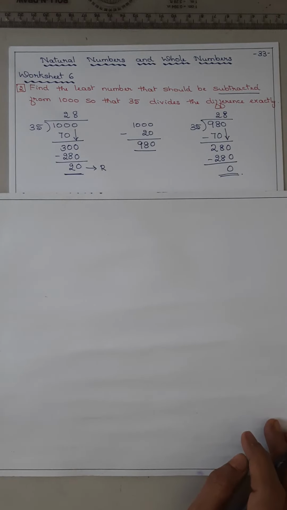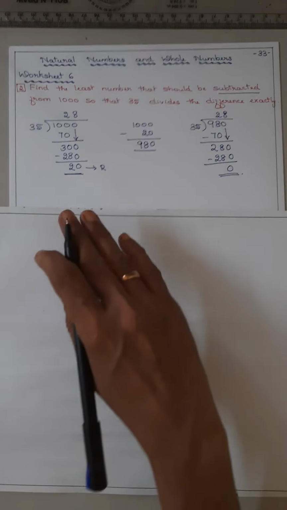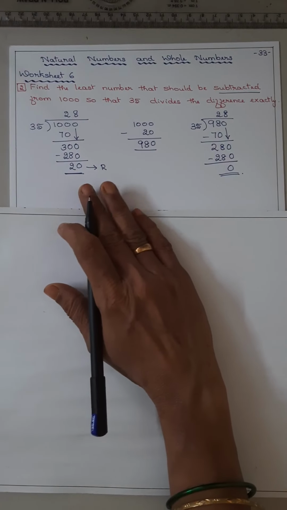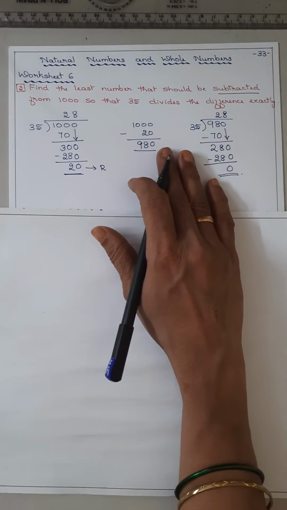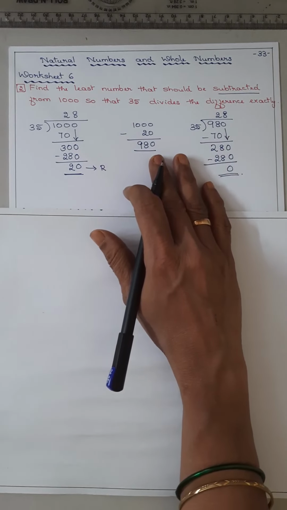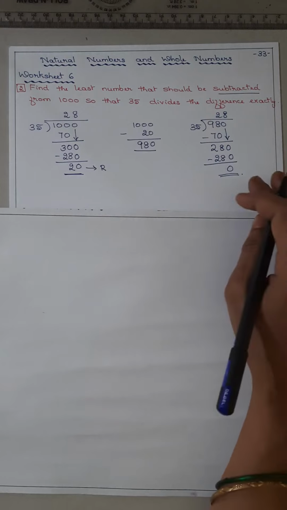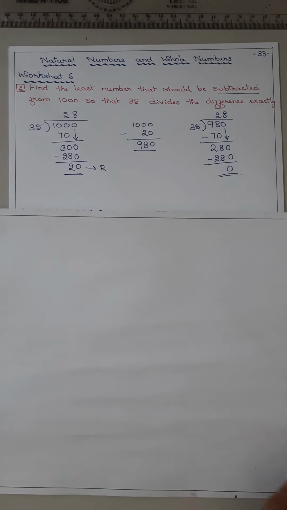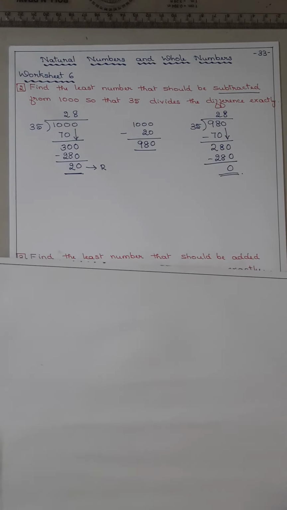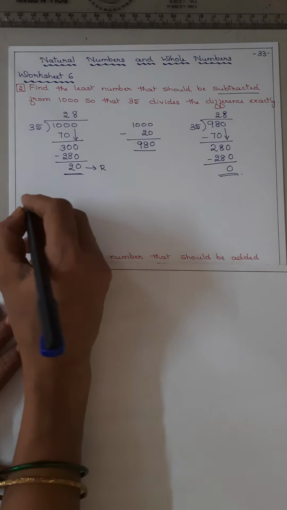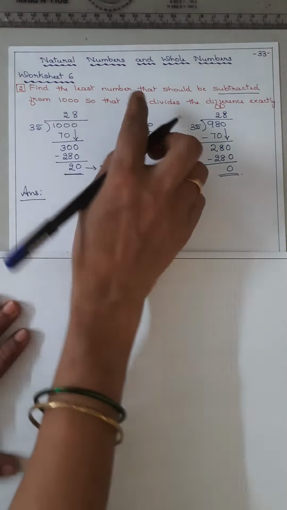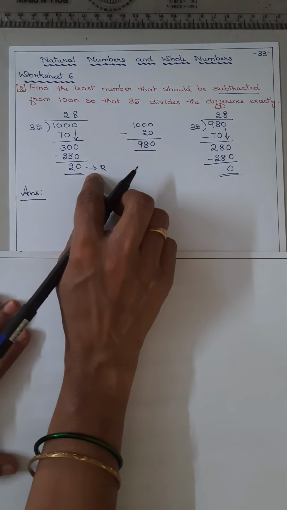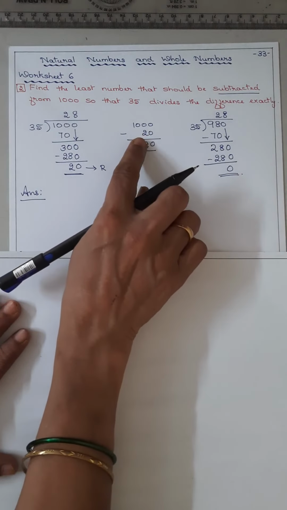सबको समझ में आ रहा है ना? तो पहले ऑर्डिनरी डिवीजन करने का है. जो रिमाइंडर आया उसको 1000 से माइनस करो और जो आंसर मिला उसको फिर से डिवाइड करके देखो, रिमाइंडर 0 आने का है. ठीक है. सो आंसर अकॉर्डिंग टू द क्वेश्चन हाउ वी हैव टू राइट द लीस्ट नंबर. विच इज द लीस्ट नंबर? Which number we have subtracted?